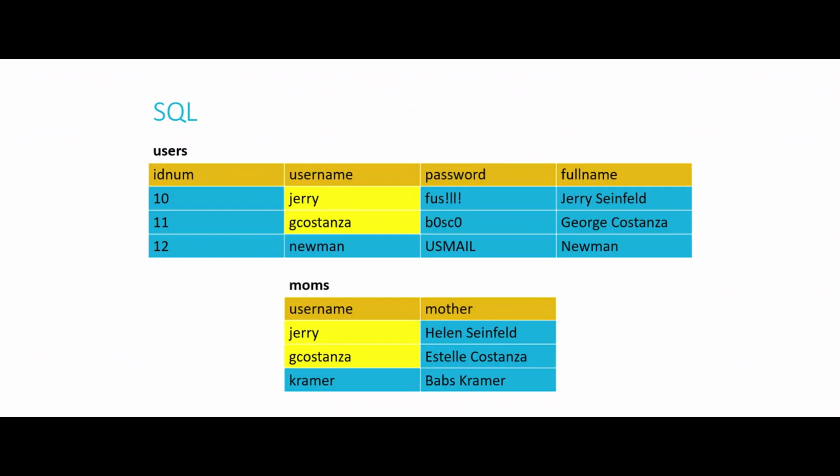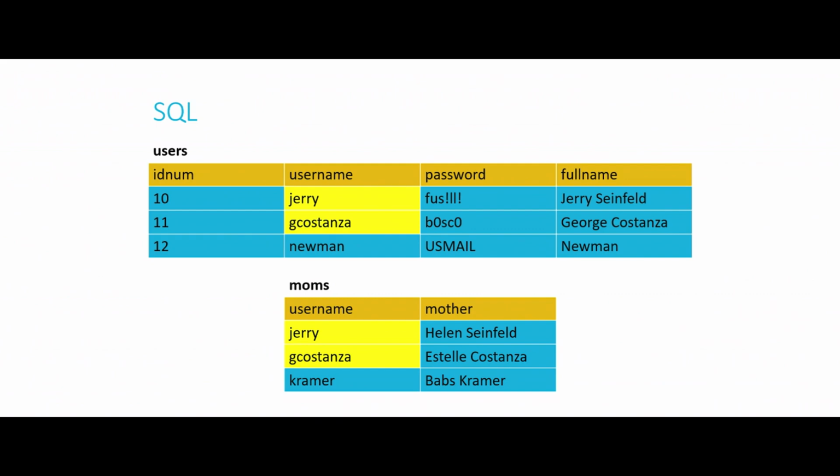And you can think about this as like if we have our users table, which is like one circle over here, and our moms table, which is one circle over here. When we're joining, sort of like if it's a Venn diagram, we're trying to figure out what those two tables have in common and using that as our anchor point for the joined tables. So that's what we did here. We found where the two tables have data in common.